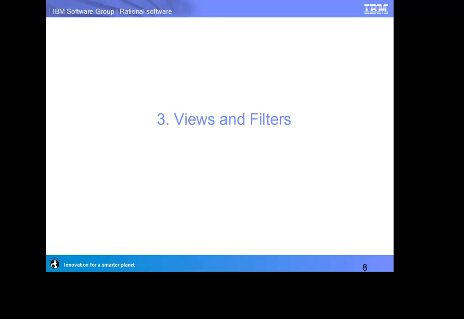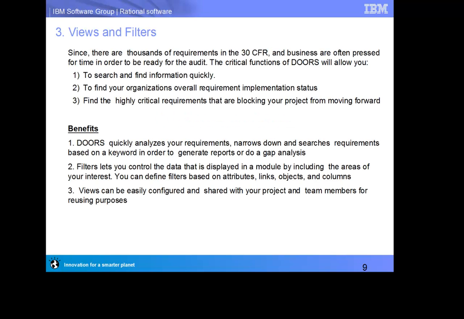Views and filters. Since there are thousands of requirements in the 30 CFR, and businesses are often pressed for time in order to be ready for the audit, the critical functions of DOORS will allow you to search and find information quickly, to find your organization's overall requirement implementation status, to find the highly critical requirements that are blocking your project from moving